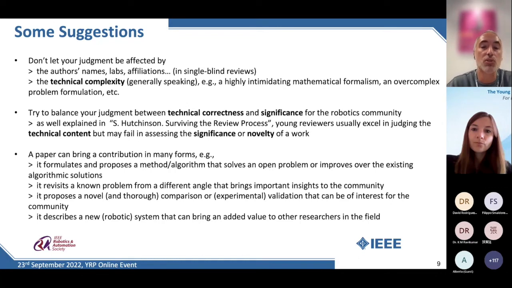So in your review, you should try, and this will come with experience, to balance the two points, to give a score if you want to the